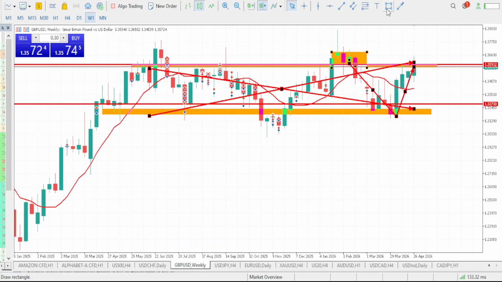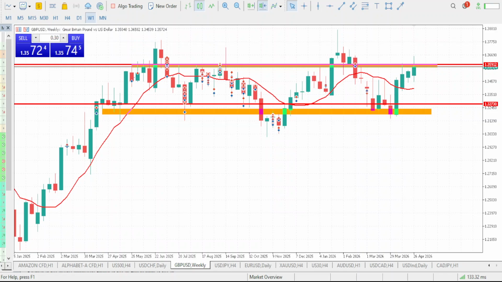So the market is currently at this resistance level, right? So we will be expecting the market to reject from this resistance level and drop to tap our support level. That is exactly what we are going to be expecting. So this is to tell you that whatever you would want to be doing on your GBPUSD, you would want to be ranging with it.